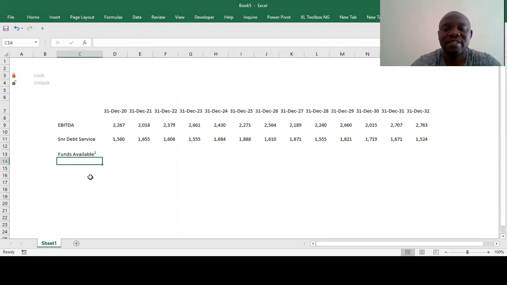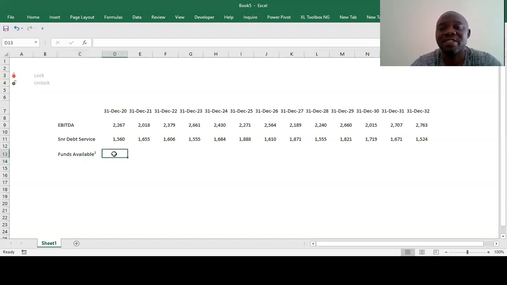So this is basically funds available for servicing the junior debt and the possible redistribution of these funds to equity shareholders through dividends.